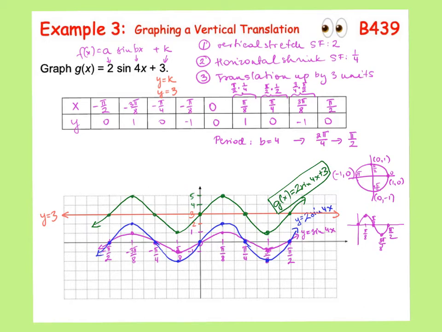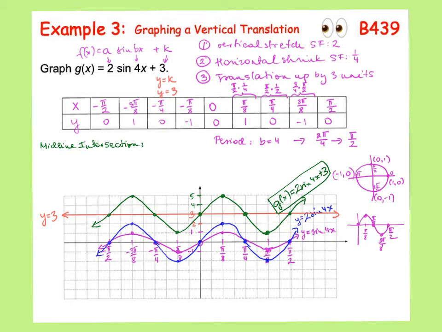So let's go ahead and call this midline intersections, because in this case I'm not interested that much in where the graph is intersecting the x-axis, since I moved the graph 3 units up and it's not even going to have an x-intercept,